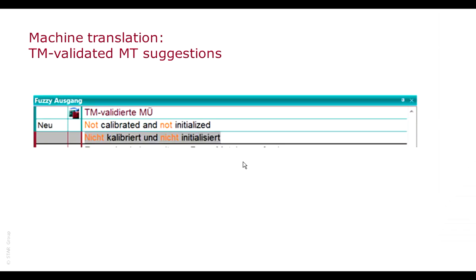validates the MT suggestion in that case, it brings it up in the fuzzy source window and shows everything which was not in the fuzzy match in another color, but it still could be translated, of course. So we have the best of both worlds. So we take the validation of fuzzy matching against machine translation. And always these suggestions of machine translation, they are shown in the fuzzy source window, and